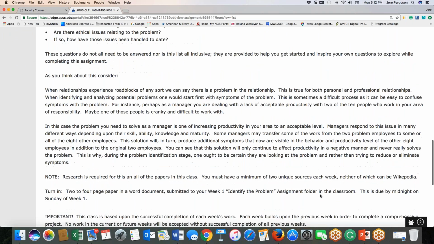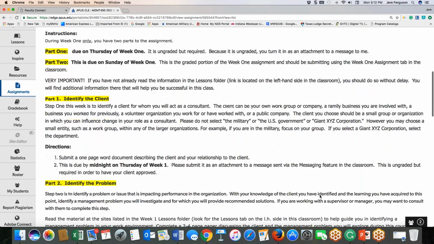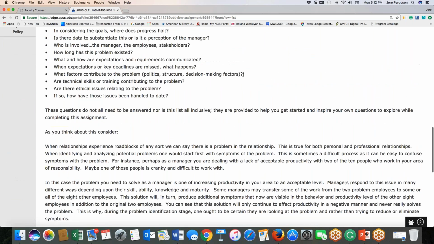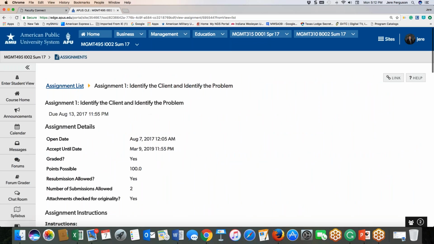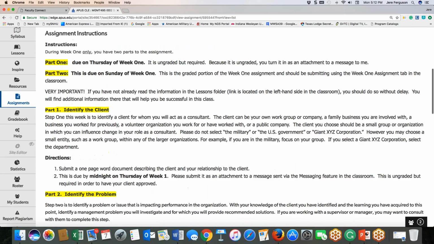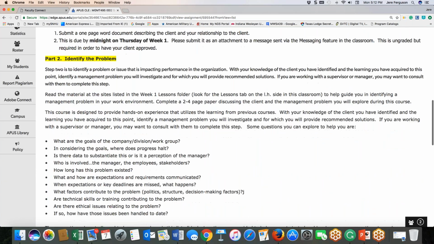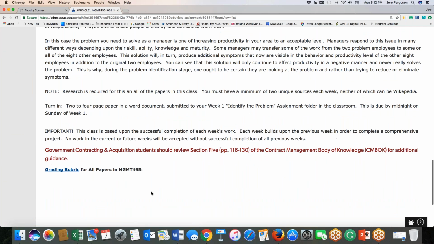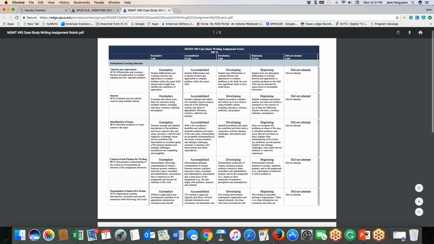One of the things I can tell you before you pop off is make sure that you look at the grading rubric for these assignments and for the work as a whole. It's the same rubric every single week. It doesn't change depending on the assignment, but it'll tell you the things that I'm going to be adding or taking points off for in the assignment, such as whether or not you used references and citations, and whether or not they were in APA format. If you notice down here at the bottom of the grading section, if you click there, it gives you the grading rubric that I'll be using, and it's right here.